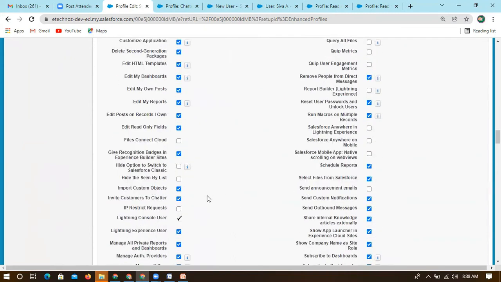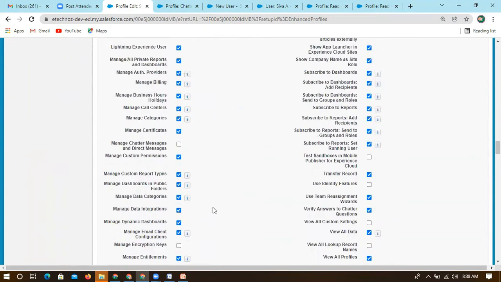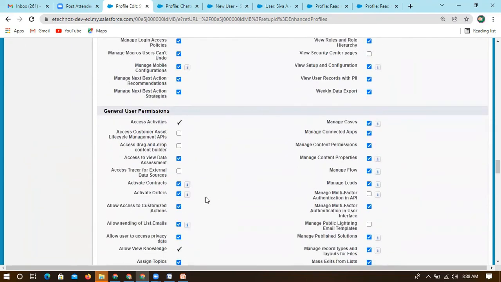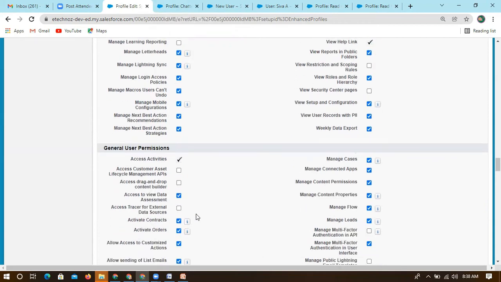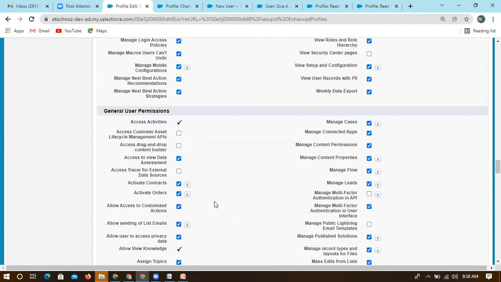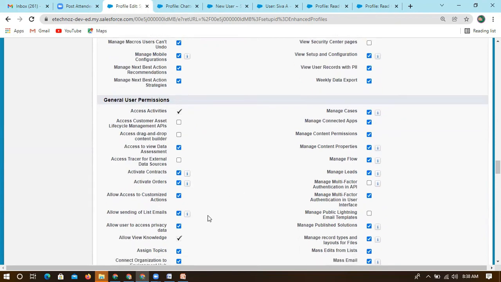But identification is important: identifying what the business actually wants is required first. Only then do we check what existing profiles are available. We clone that existing profile and create a new profile from it, so that our job will be easier. Otherwise, we have to check each and every option and enable or disable each one. We can also create a completely new read only profile, and we can assign that accordingly.